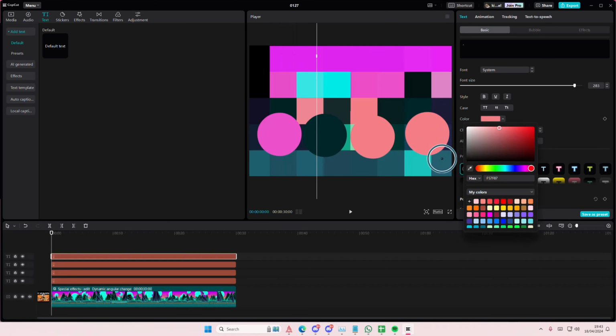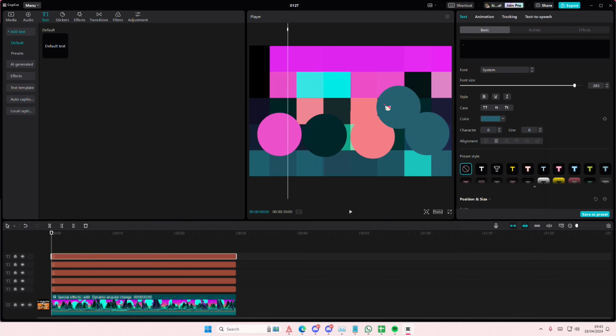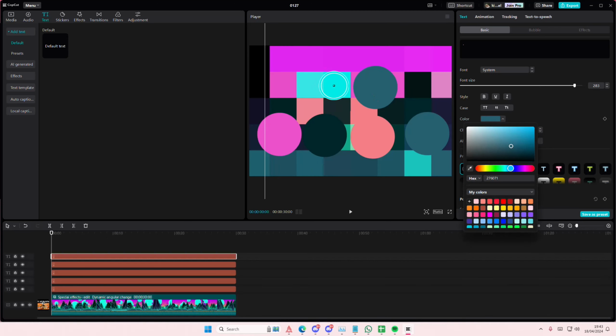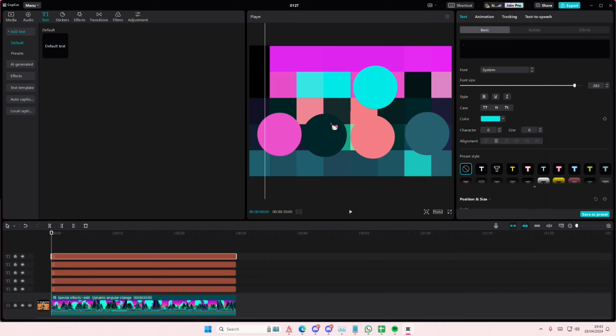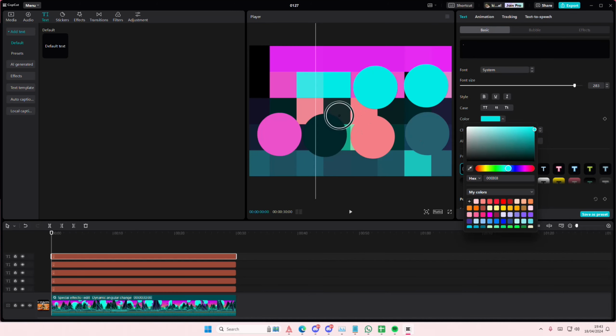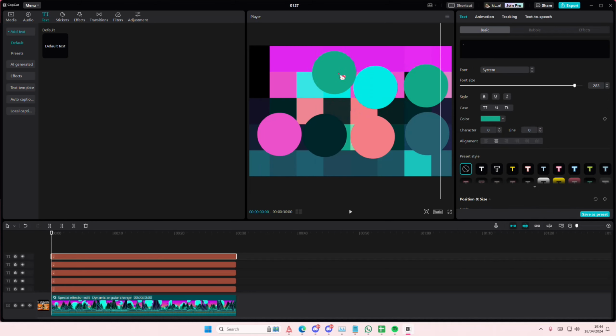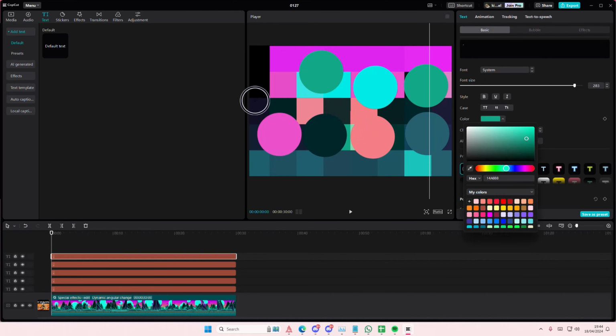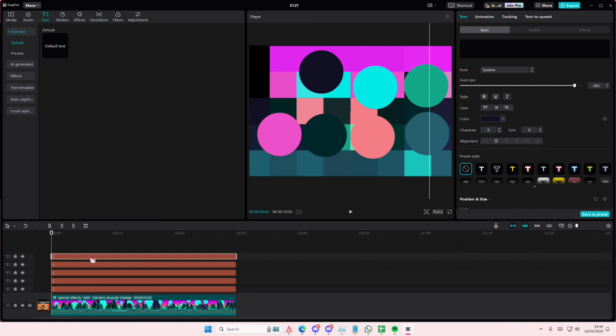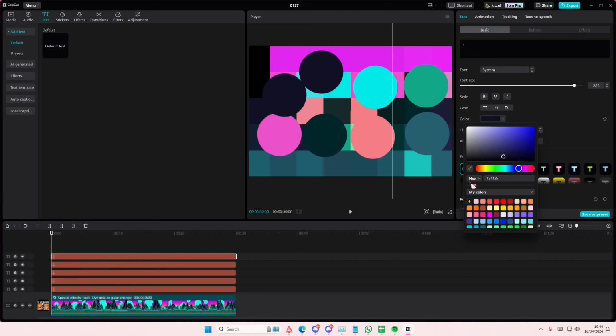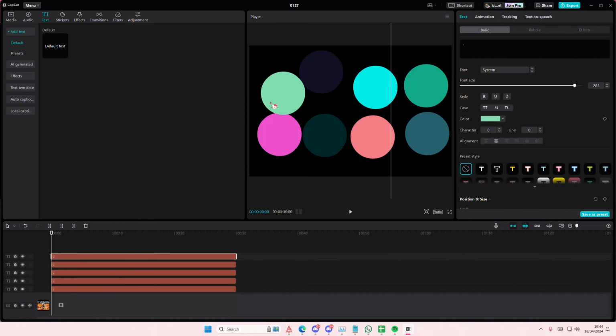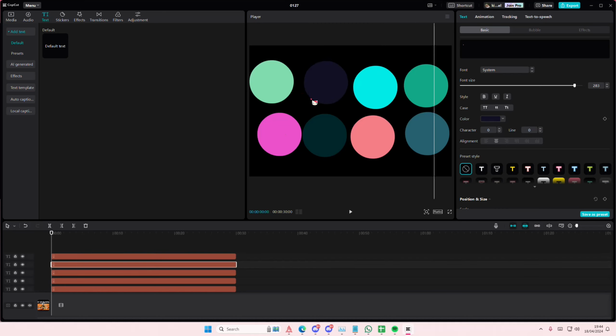I'm just going to place it randomly first, copy and paste that. And I think I'll do one more of this one, maybe. Actually, I'll do two more. One of that. Or one of this, actually. Copy and paste that. And I'm going to select this color right here. Delete that. And here is your color palette that you got from